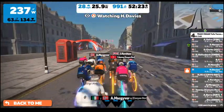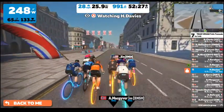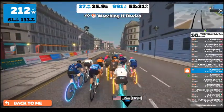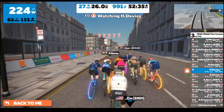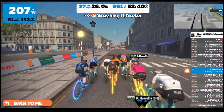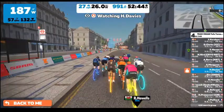So as we might have expected, all of the top riders in the B category GC have managed to stick together in that front group. And I think this is going to be, as we saw with the A race, a little small group that is probably going to stay away now, at least until the next hill, where again, they're going to have a big advantage. I'm in with the A race right now, and they're just coming up on the 1K to go